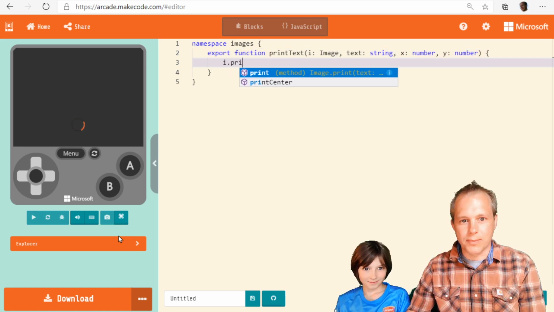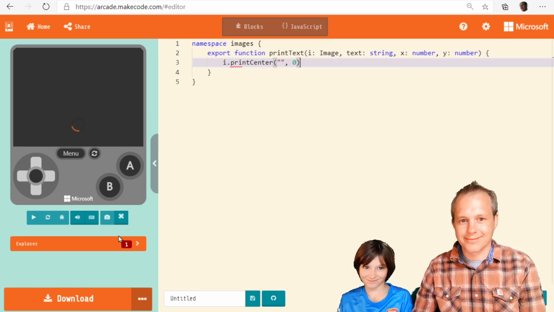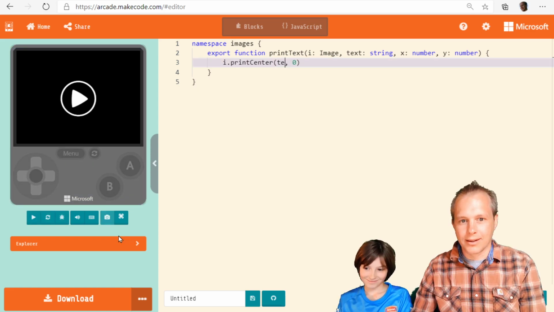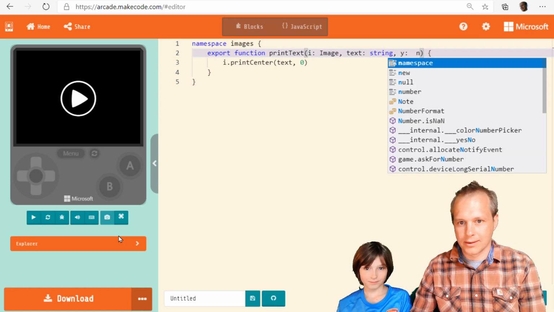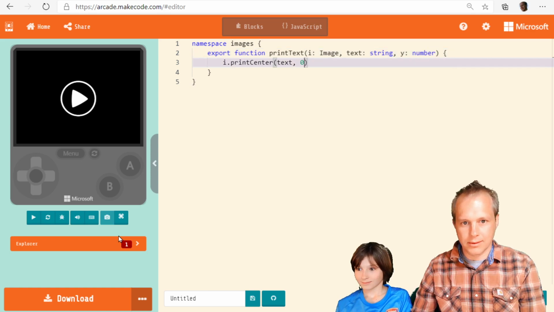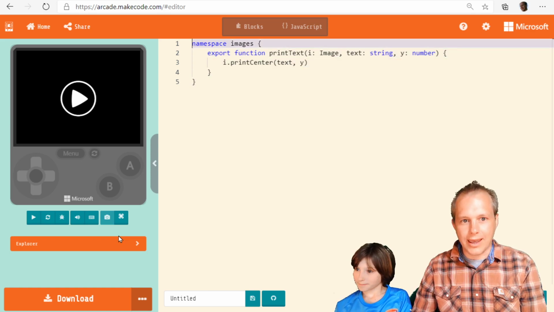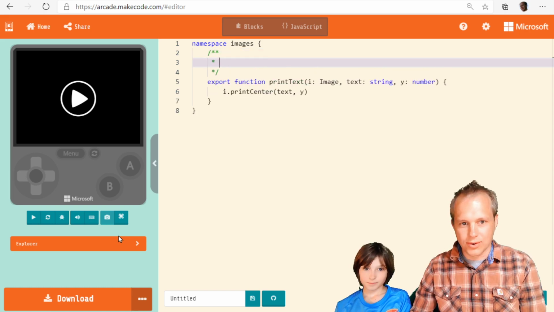And then we're going to do print. We're going to print the text at the X. We need the Y. And to turn a function into a block that prints some text on the image,